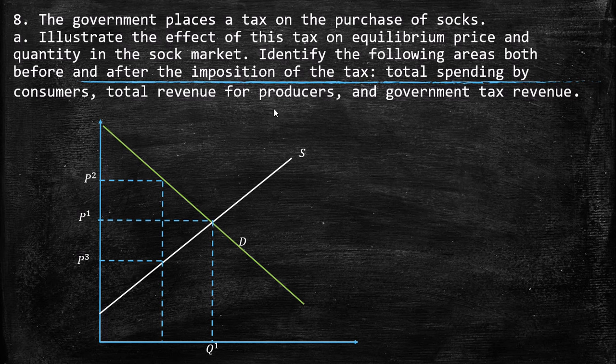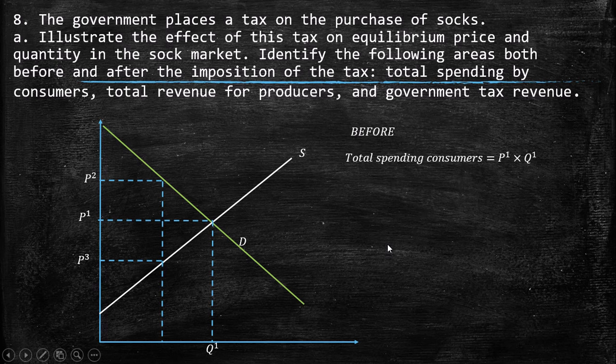So this time we will have new prices. We have this P2, which is the price that the consumer has to pay for one pair of socks, okay? But producers will just receive P3, because the difference P2 minus P3 is the tax,